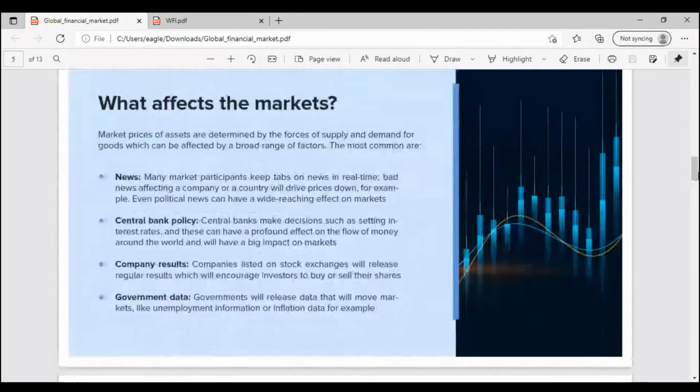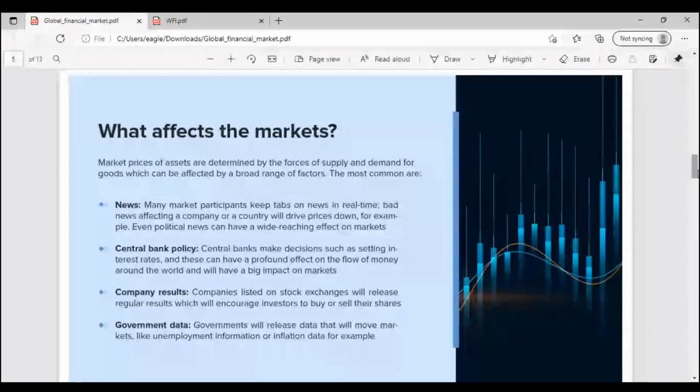Now, what affects the financial markets? The market prices of assets are determined by the forces of supply and demand, as Vera said, for goods, which can be affected by a broad range of factors. A lot of things can affect prices in the financial markets, majorly supply and demand. The most common factors are, number one, news. Data releases and financial reports are all under news. Many market participants keep tabs on the news in real time. Bad news affecting a country or company will drive prices down. For example,